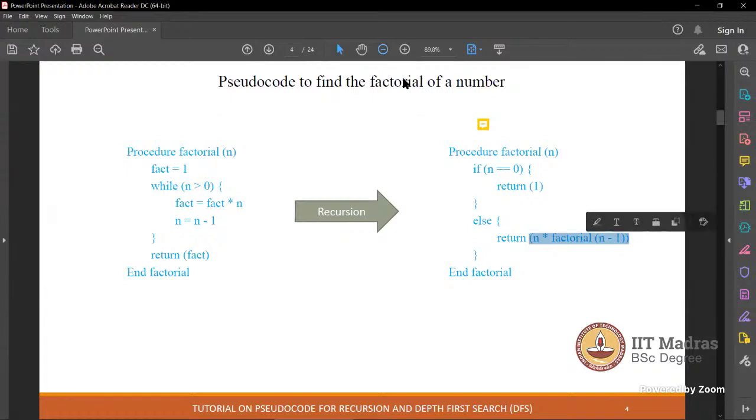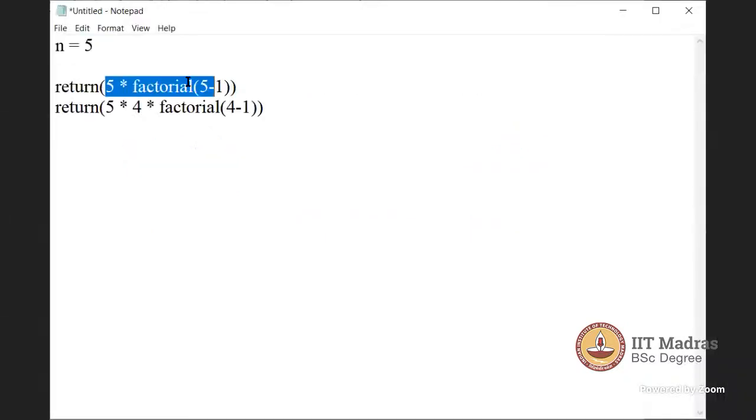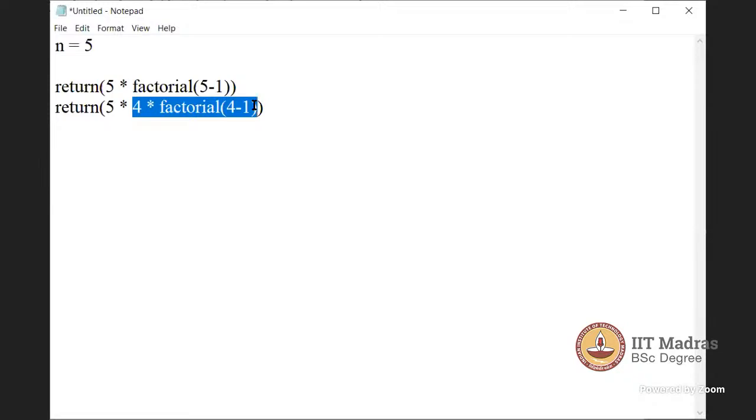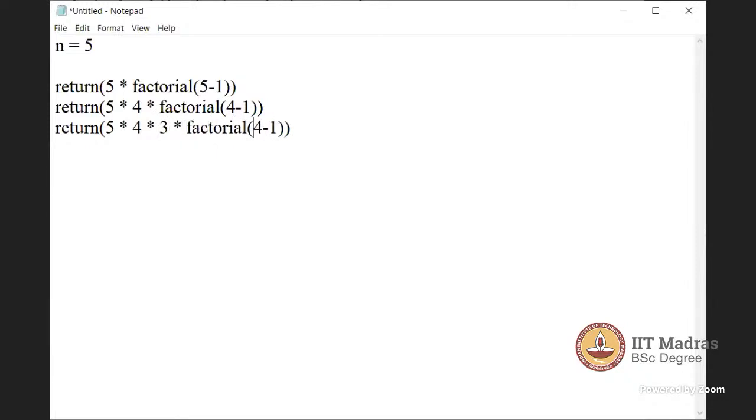So at that particular line, what happens? This is what you did. Now n is 5, so I simply replace that: 5 into factorial of 5 minus 1. Because of that, the same thing got executed again. Now what is factorial of 4? Is 4 into factorial of 4 minus 1? Are you understanding this part? Yes. Now this will generate something like 4 into 3, and now this becomes 3.